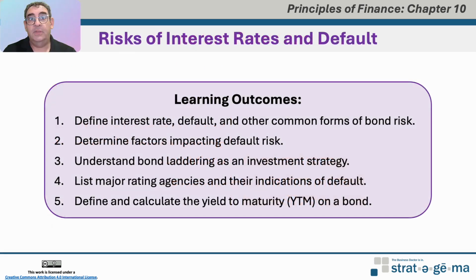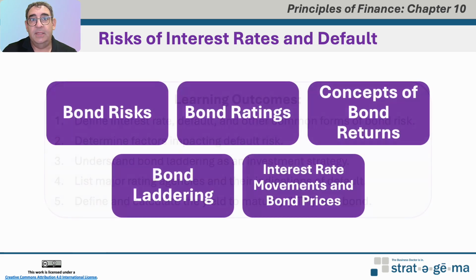The last section of this chapter deals with the risks of interest rates and default. So we'll look at things like interest rate, default risk, and other types of bond risk. I'll look at factors that can impact default risk. I'll look briefly at bond laddering, discuss bond ratings and agencies, and then reaffirm how to calculate the yield to